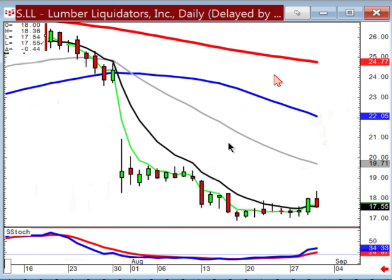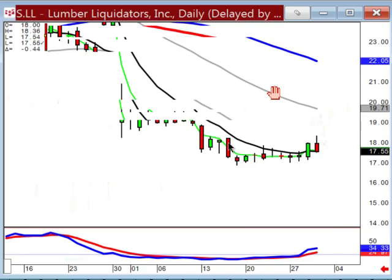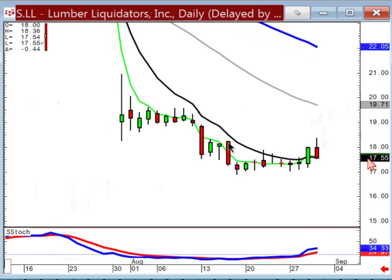Kind of the same scenario today in lumber liquidators. Here was the candle that told us the bulls had taken control after this breakout of a series of dojis. Remember, if one doji means indecision, a series of dojis means greater indecision. When you see that flat trading, this is your headboard, this is your bed, and this is your footboard. That usually indicates there's going to be a reversal. The cradle pattern hung down between two trends. However, the positive trading today